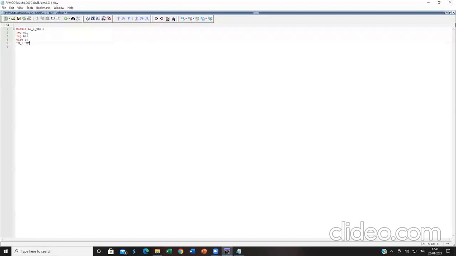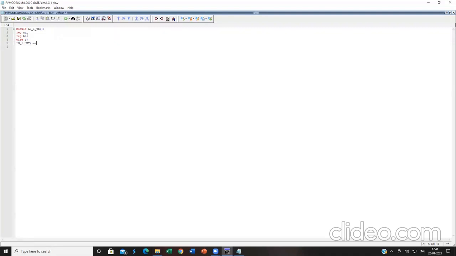Now open the parenthesis. Now I need to join this register A with the input present in the RTL file, register B with the input present in the RTL file, and C with the output present in the RTL file. So how am I doing it? Dot A. Dot A is the register A over here.